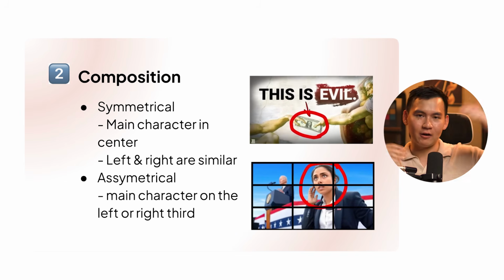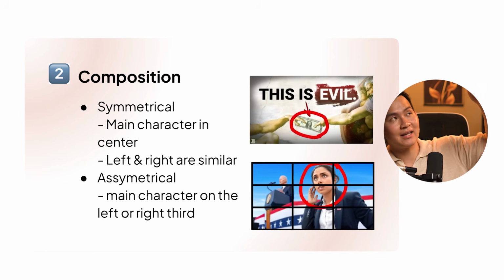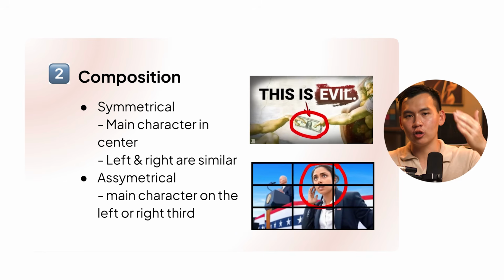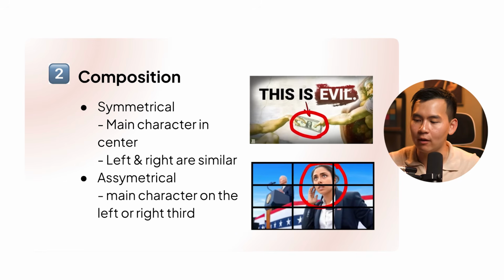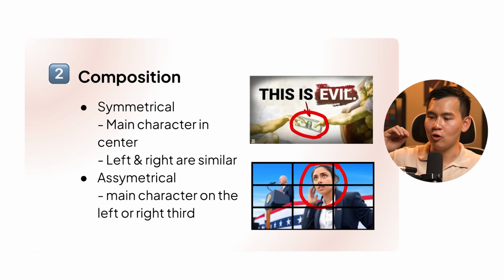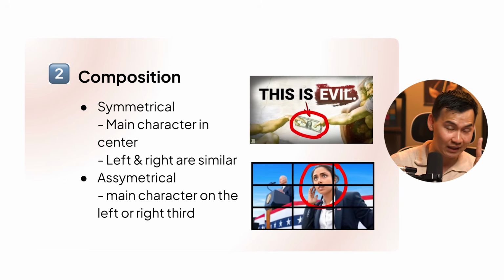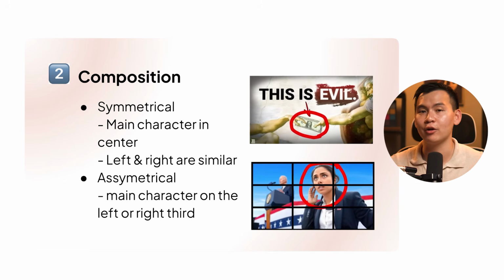Hierarchy meaning that you're in a society, right? And then there's the upper class, there's the middle class, and then there's the poor people, right? So if you are able to use composition in your favor, where you can determine the visual hierarchy, it tells you where the eyes should look when you are looking at a given thumbnail. So over here, when you're looking at a thumbnail, right, maybe your eyes look at the person first, right? And depending on how you shift where the character is, or how you shift the different elements of a thumbnail, that will shift exactly where your eyes move. So you want to think about the composition and what you want your audience to look at first.